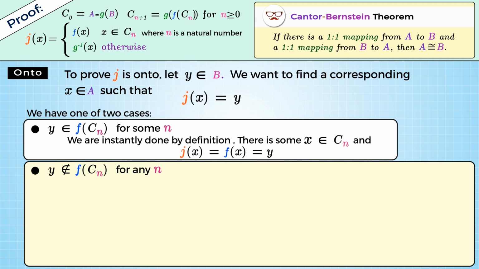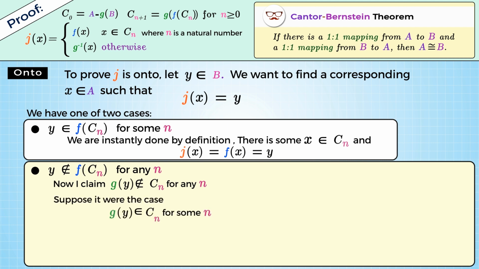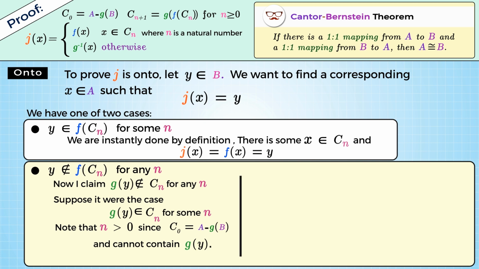So consider the second case and map y by g. Now I claim that g(y) is not in Cn for any n. Suppose otherwise, and that it were the case that g(y) is in Cn for some n. Note that n is greater than 0, since C0 equals A minus g(B), and so cannot contain g(y). Since g(y) is in Cn, we have y is in g inverse of Cn,